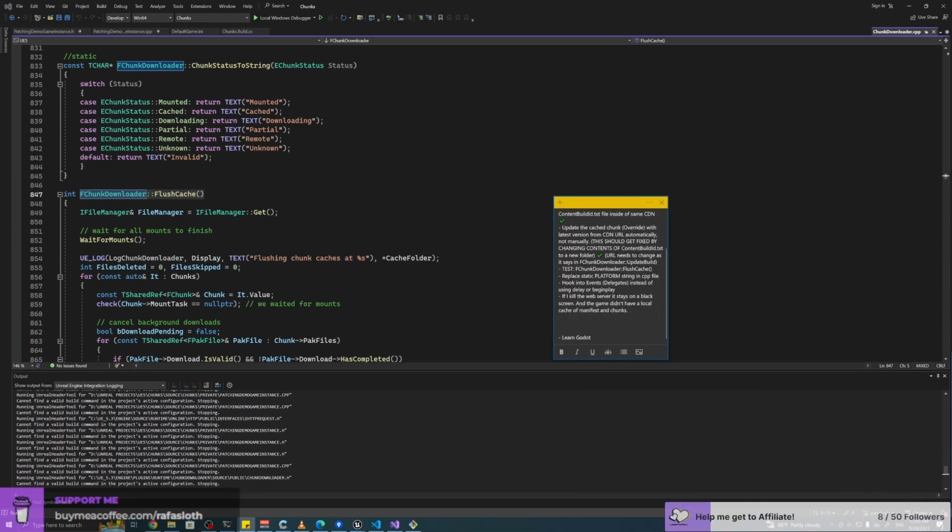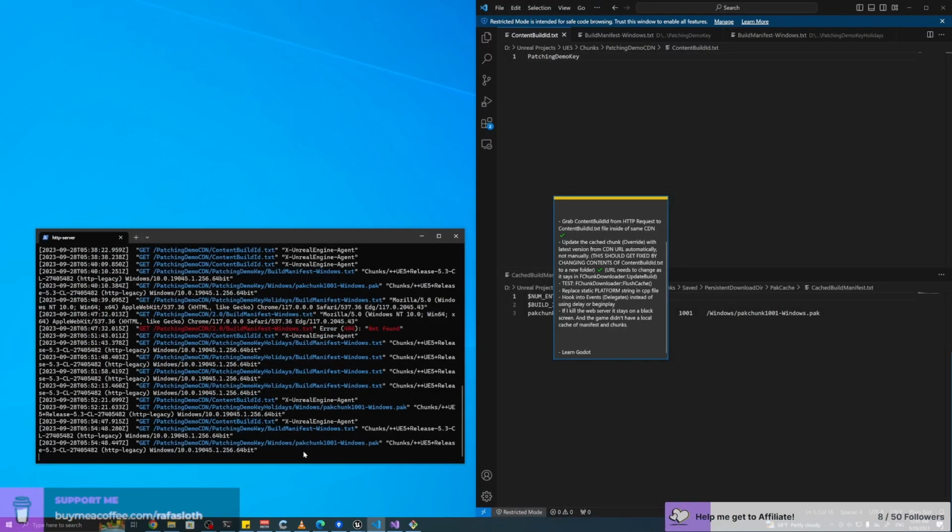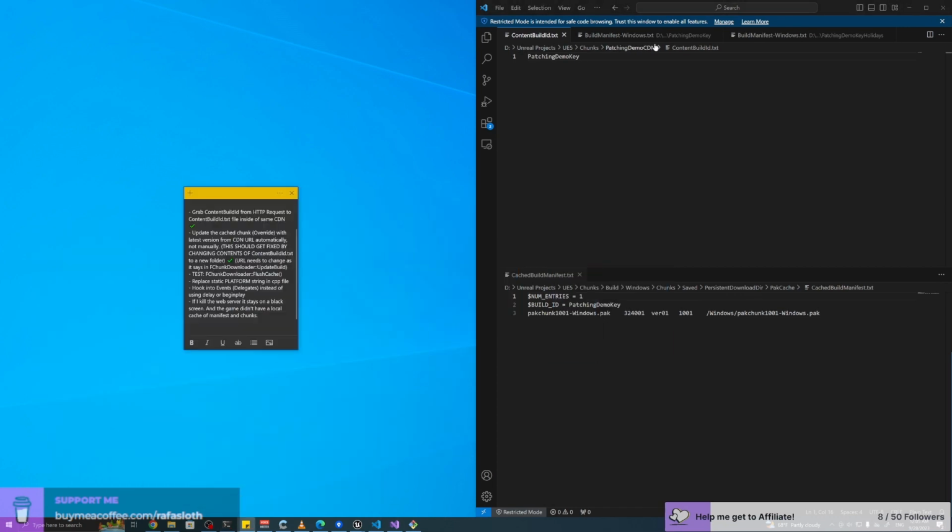Oh, yeah, at least we got it working by changing the URL. So yeah, just as a summary, guys, if you're trying to implement Chunk Downloader, just make sure that when you update your DLC, you're changing the path of the manifest file. If you don't change it, your users are not gonna be getting the latest version of the manifest file.